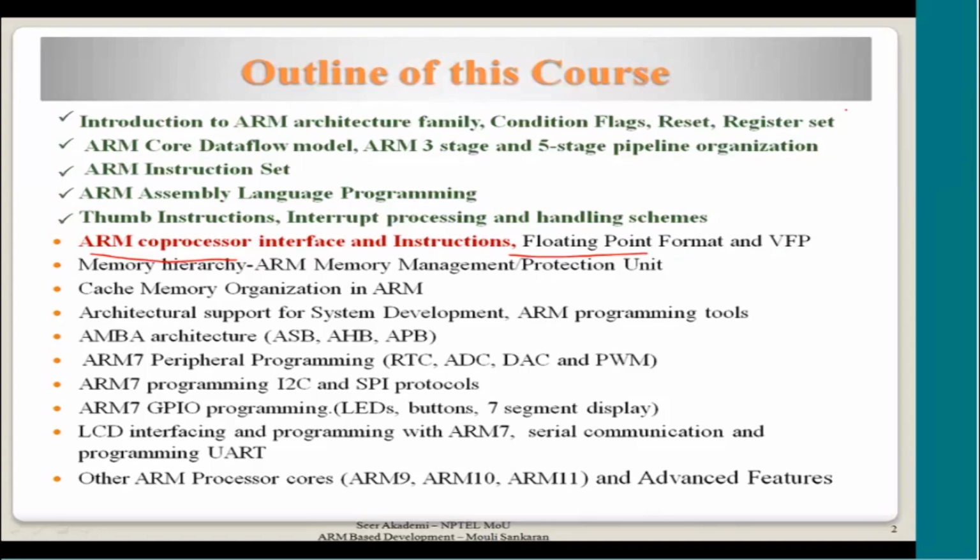Up to this point, the units that we have covered so far talked about what is inside the ARM processor core. Just to give you a flavor of this,